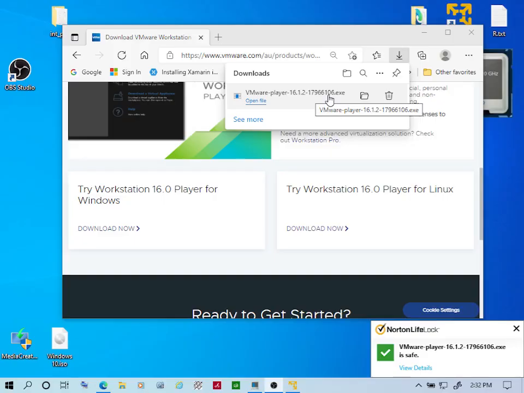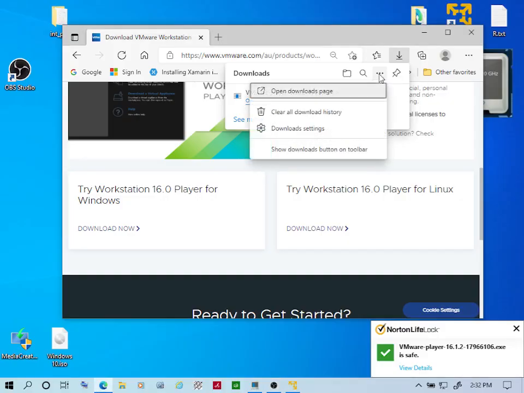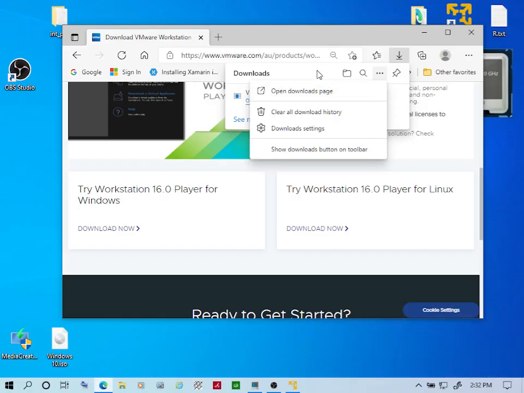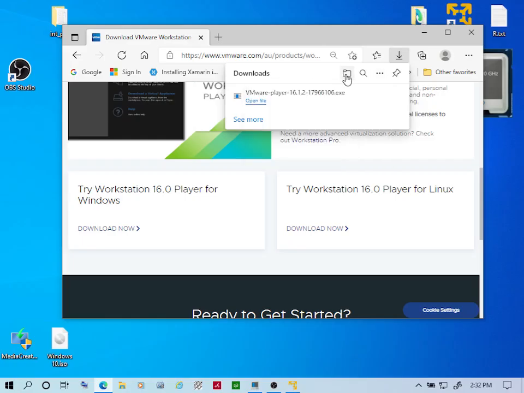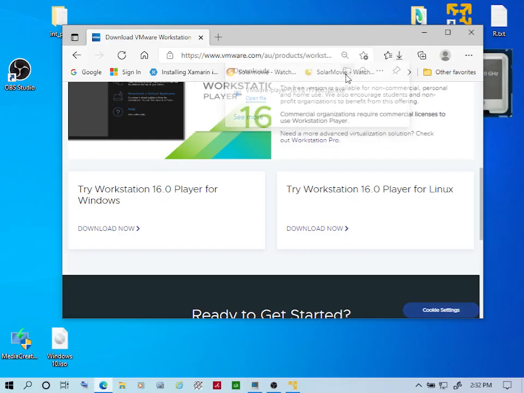And just for convenience sake, step 3 says click on the options button and select show in folder. So that's the options button, and open folder. But we won't do that. There's a little button there with a folder icon, and we'll click opens downloads folder. So we open downloads folder,